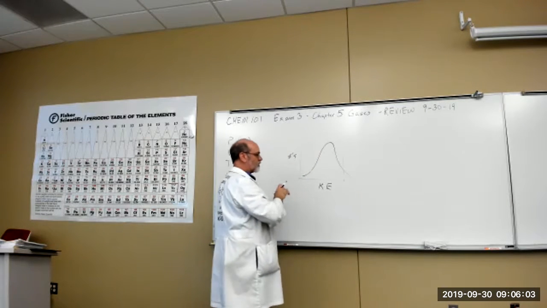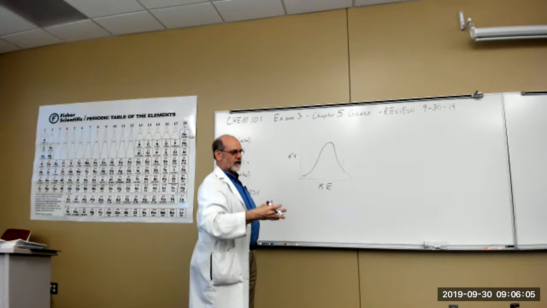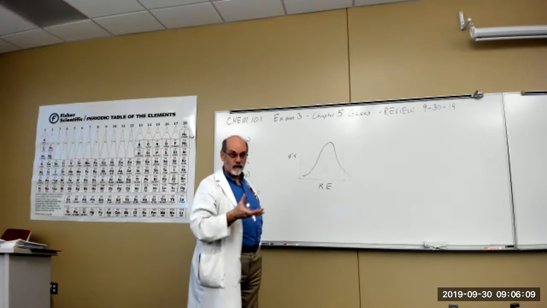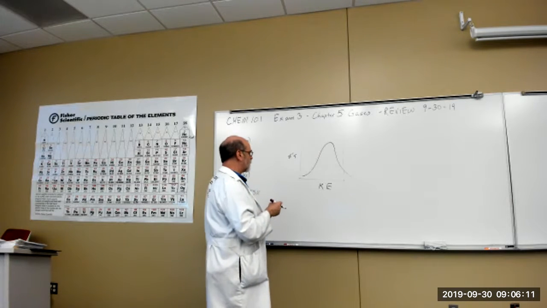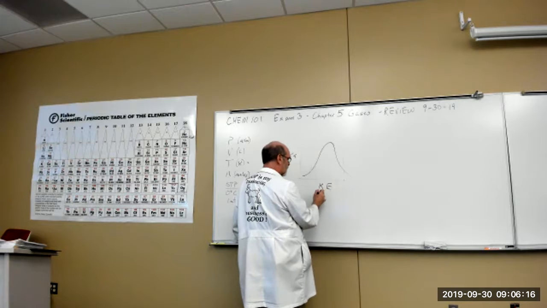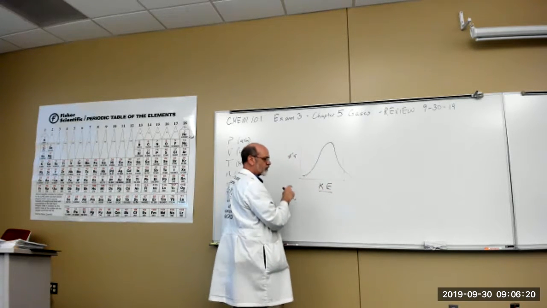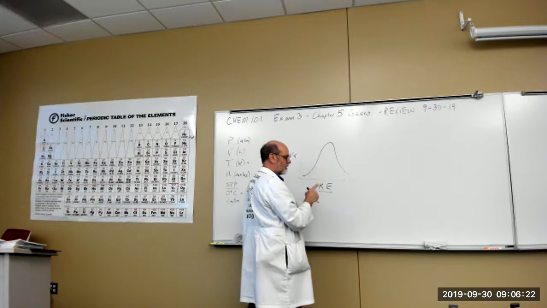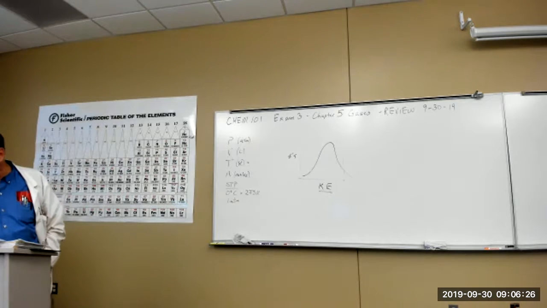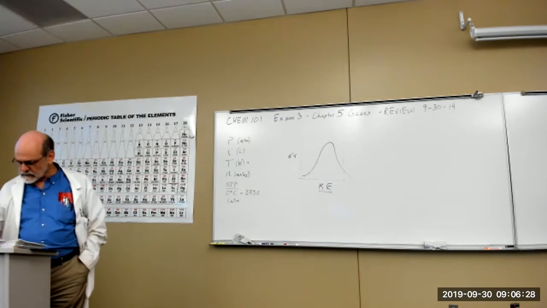But what we need to do in order to use kinetic energy as a measure, and Graham's law in particular, is come up with a way of an average kinetic energy that represents this. If we just took the average velocity and used the kinetic energy formula, we would get,